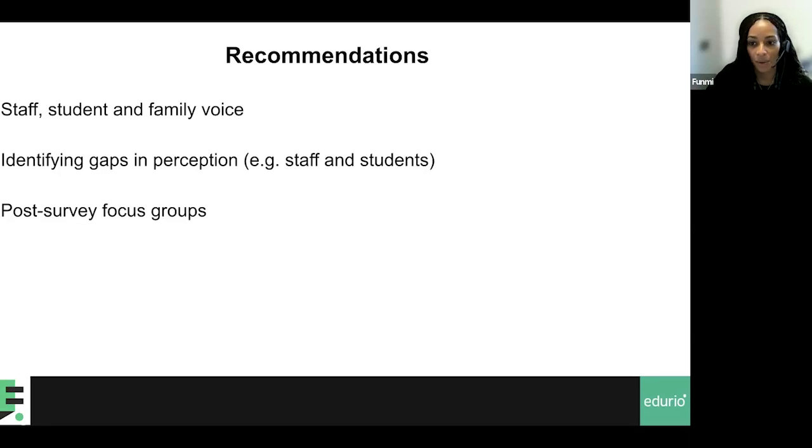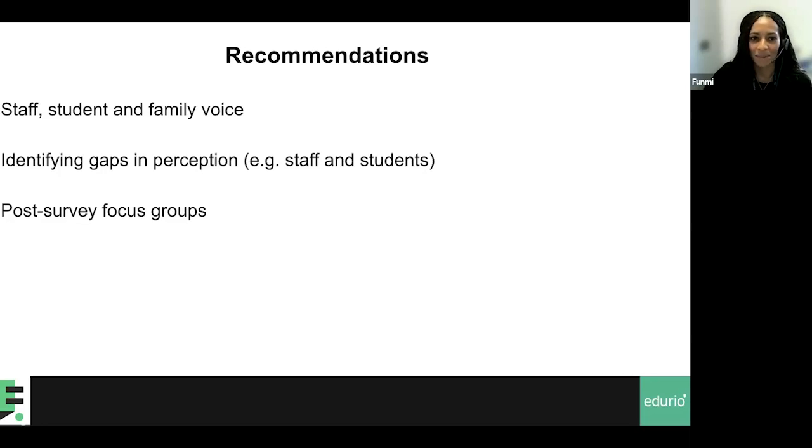The most significant example was that where we asked similar questions to each group so we could get a sense of how people felt about different things. But one of the most significant examples was that whilst many staff reported that they felt highly confident in responding to prejudice-related incidents, lots of students actually expressed a desire for greater visibility and greater consistency in how those situations were handled. So that was really revealing to me, because staff thought that they were doing a really great job in this area, but students' lived reality just wasn't that. And those insights were really helpful for us because it allowed us to identify that actually